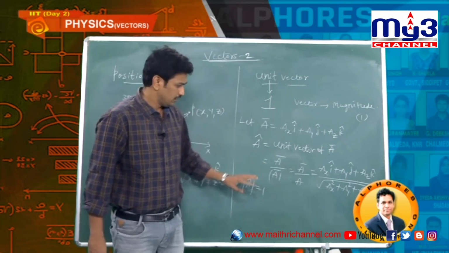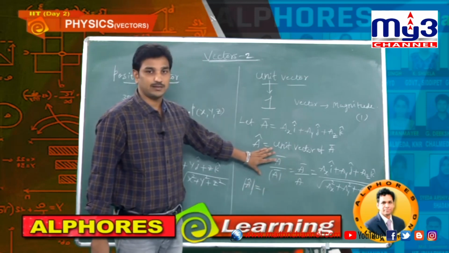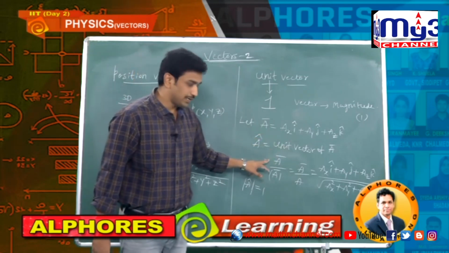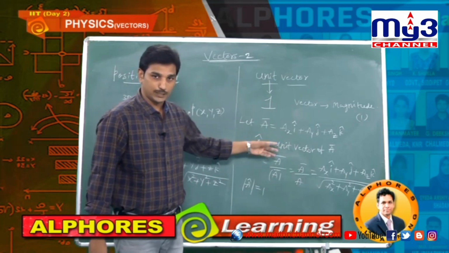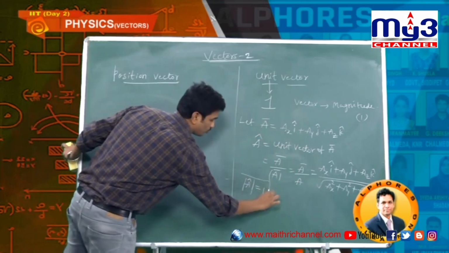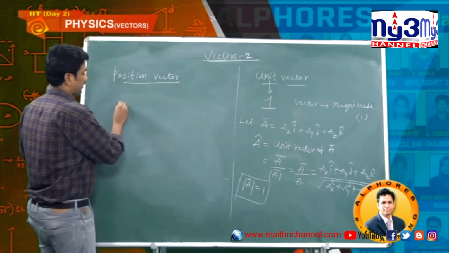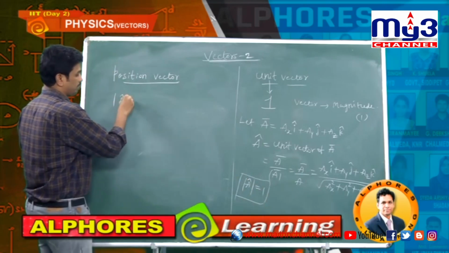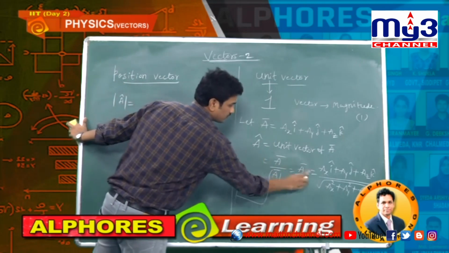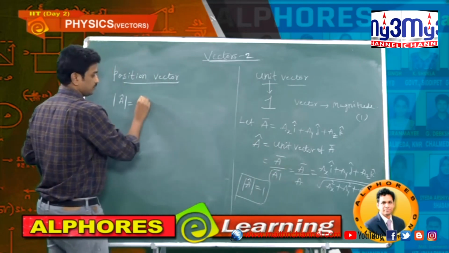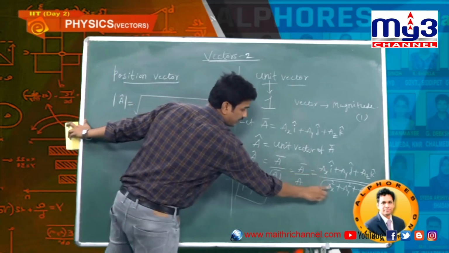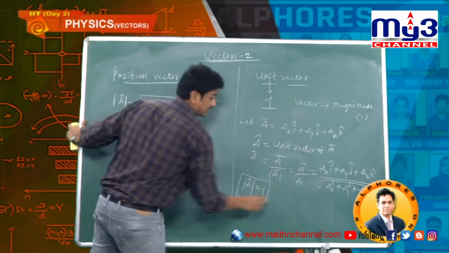Now I am verifying. The formula is correct, I know that, but it's not the point, you can't believe everything I am telling you. So due to that reason, I am giving one explanation, a continuation of that point. Now I am going to prove this point. Now, mod of A cap. See A cap, i cap coefficient whole square under root. What is the i cap coefficient? Ax by root of Ax square plus Ay square plus Az square.